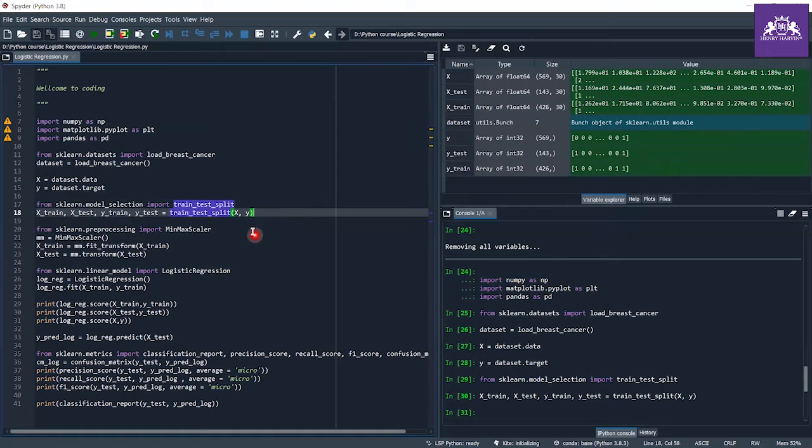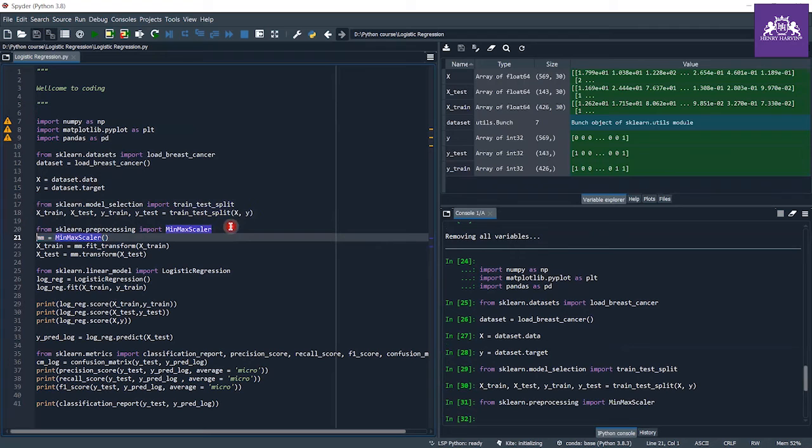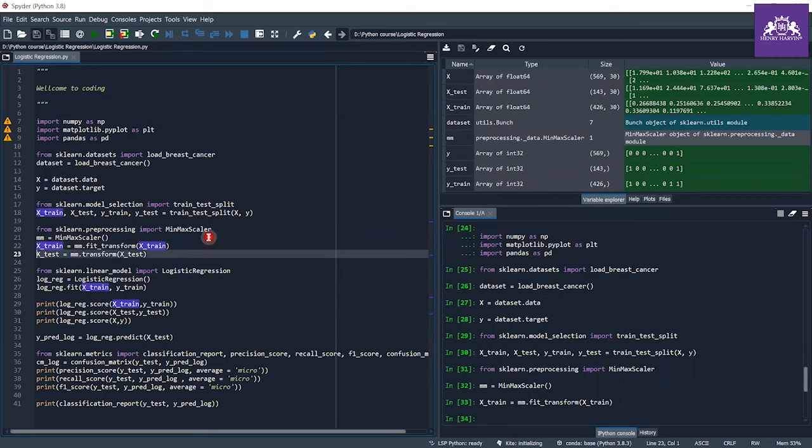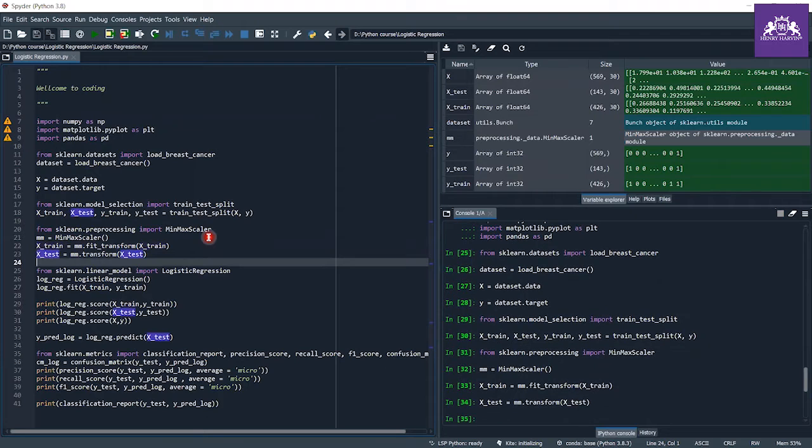Now let me import the MinMaxScaler class from sklearn.preprocessing. Let me create the object for this MinMaxScaler class. Now I fit and transform the train data, and then transform the test data.